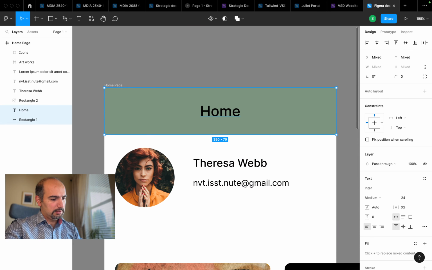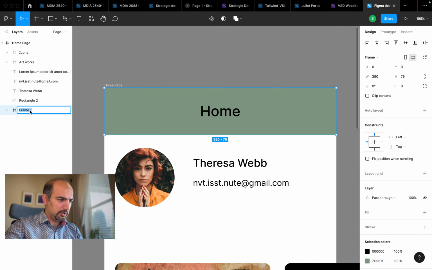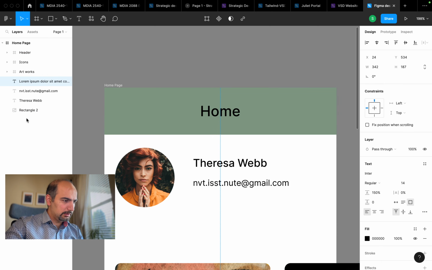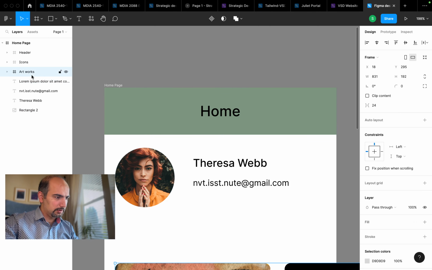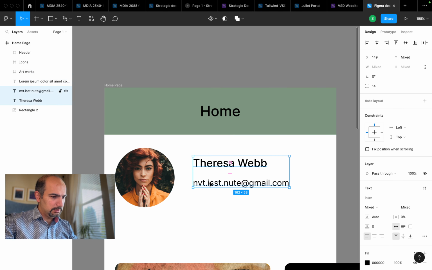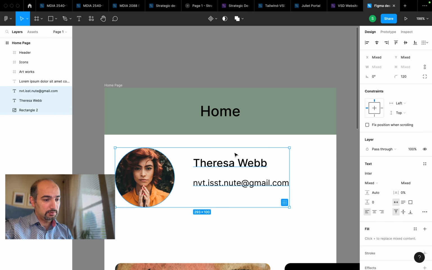I'm gonna create a frame for the header, Command Option G as well, and I'm gonna name it header, put it on top, and then all these things, I have artworks and some text. This one, and you see I hold shift button to select everything, and then I'm gonna go